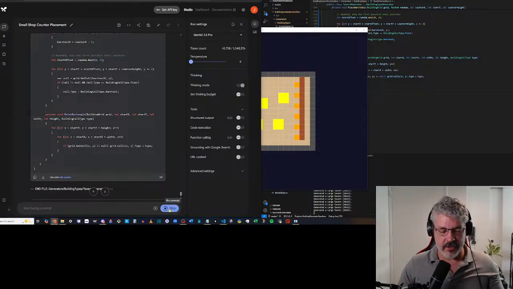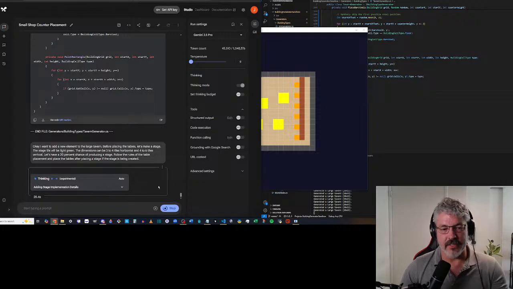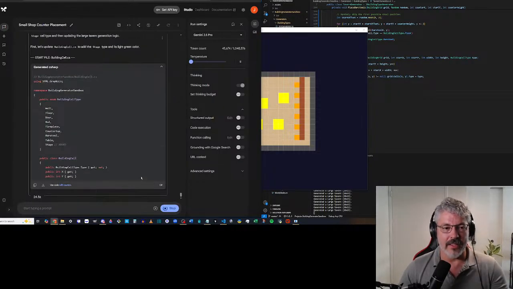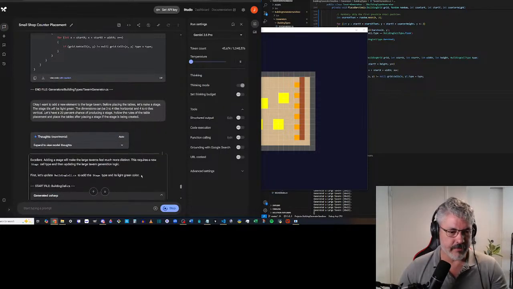And I'm just putting that 20% chance there. I should probably make it 50%, and then I can change it to a lower percentage later. I might not even have it be a percentage per se. I might have it be based on the type of town. Is this kind of a happy, fun town? Is this a town that historically is doing well? Or are they struggling? I think the stage will make the large tavern feel much more distinct.